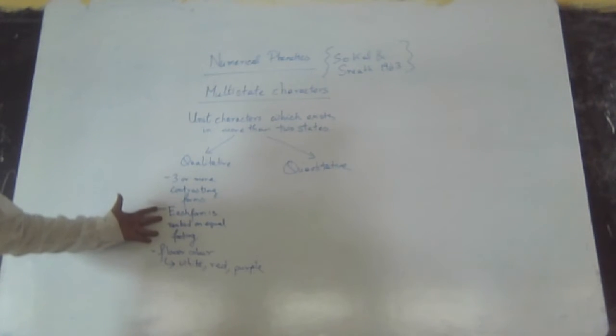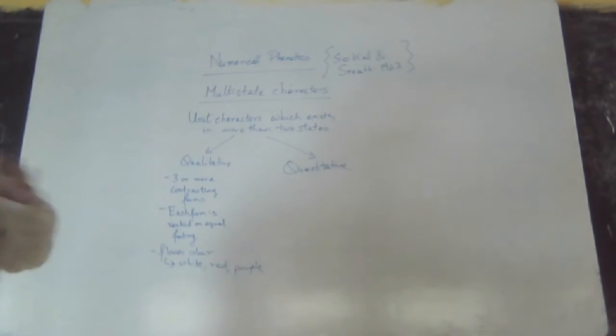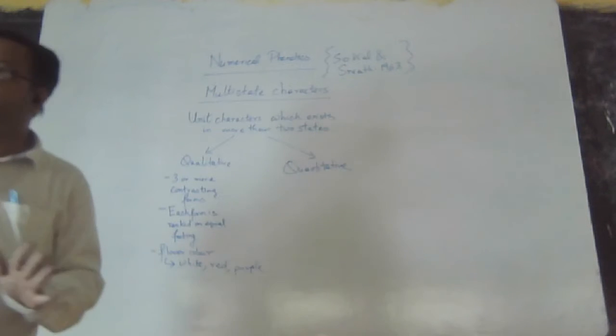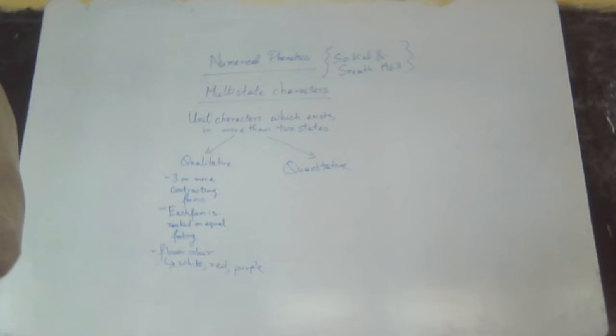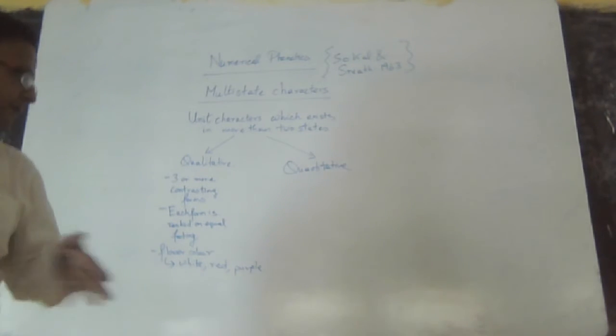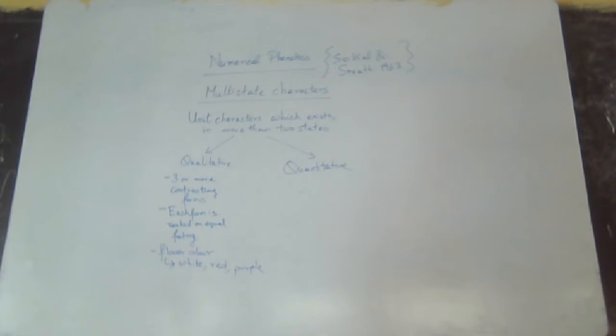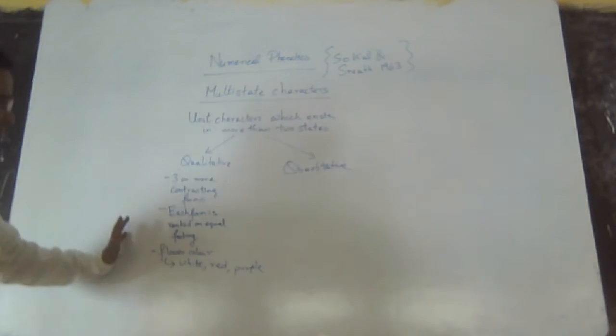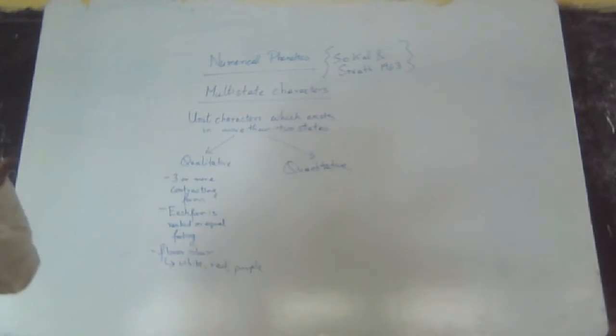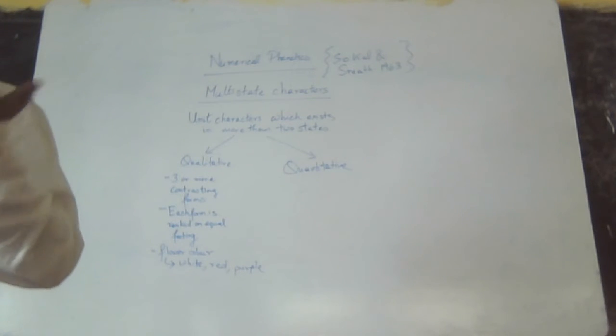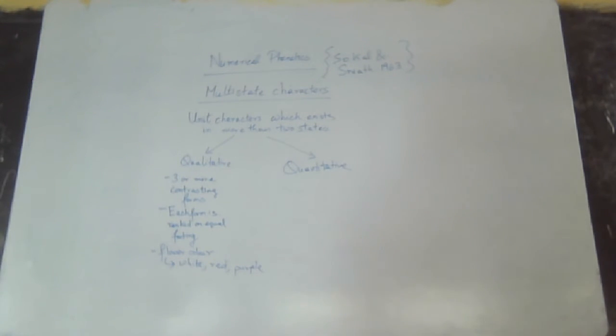Each form is ranked on equal footing. That is, purple has got equal value as red. Purple is a different color, but if it's purple, it's purple. If it's white, it's white. Purple given 1, white given 2, red given 3. So whenever you see purple, 1, whenever you see white, 2, whenever you see red, number 3. You put those. So this is qualitative, which quality is it? Red is a quality, purple is a quality, something like this.